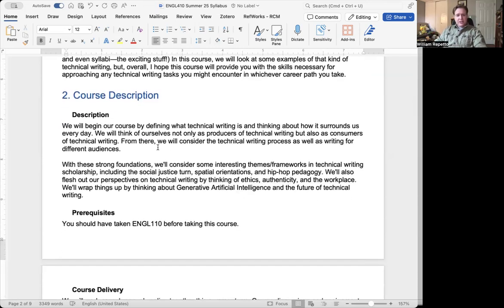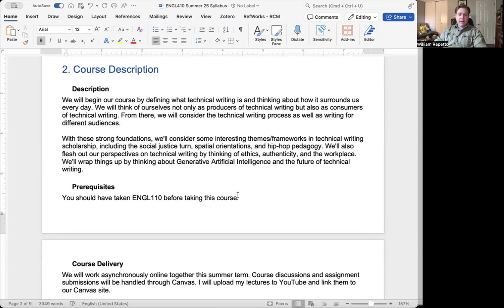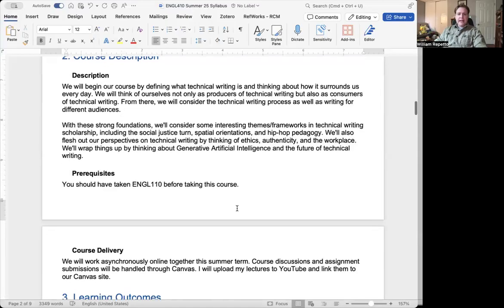Here's a description that goes over a general outline of the course. We'll think about ourselves as writers and producers of technical writing. We'll think about audience analysis and how we write for different kinds of people. Then we'll get into some trends in technical writing right now. There are concepts like the social justice turn, spatial orientations, and hip hop pedagogy that can make for some really interesting assignments in class.